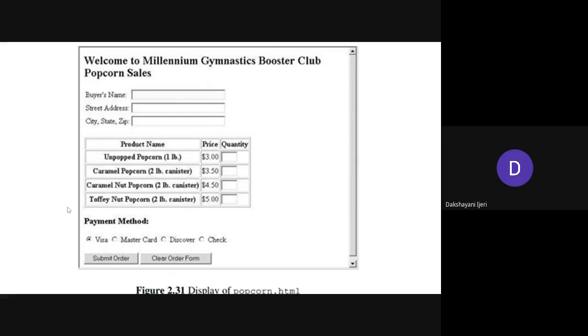You can see here three input text boxes have been created, followed by a table in which the first two columns are static values, whereas only the last column has the input to be taken. Those are text boxes here, followed by the payment method as a heading, and the options provided in the form of radio buttons, and at the last the buttons are submit and reset here. Okay. So can you try this before attending the next class? This is just to demonstrate how you can create a simple form here.